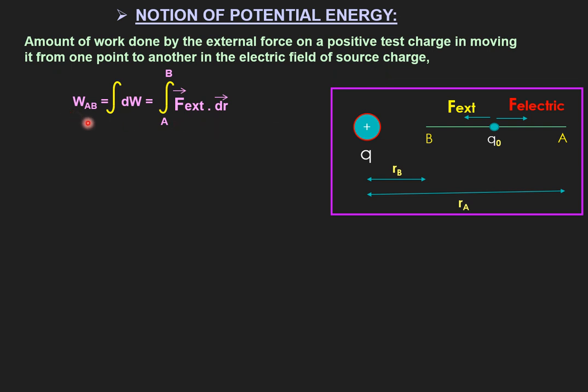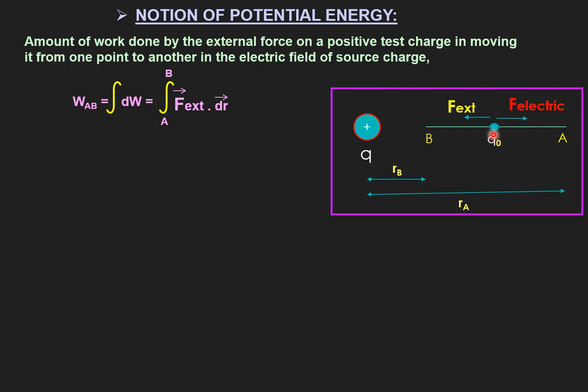So work done will be what? Total work done will be simply the integration of small work done. Here also we have chosen one intermediate state: while bringing the test charge from point A to point B, I have taken the midway somewhere here. So my test charge is somewhere here. At this point I am very sure, since the source charge is positive and the test charge is also positive, it will experience an electrostatic repulsive force along the positive x direction.